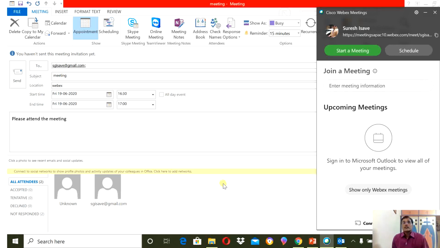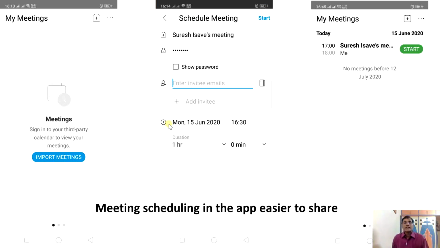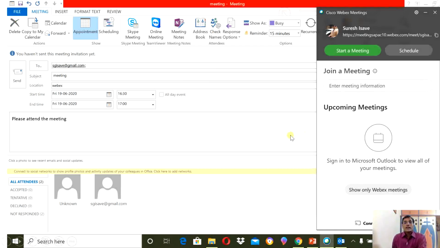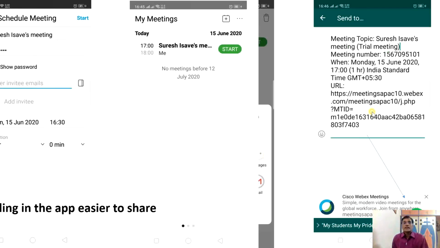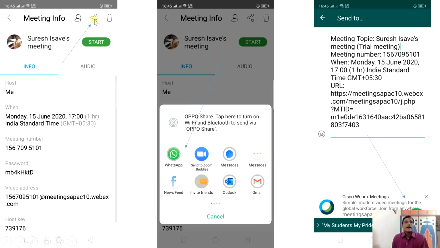So I would like to suggest, instead of making the meeting plan on the desktop, you go to the mobile application. It's easy because from here you directly send the invitation link to various participants. You don't need to have the email IDs. If you are using it on the desktop, you need to have the email IDs. If you are using a smartphone, you don't need to have the email ID. You simply fill the details. You can see the details over here, time, schedule, and all these things, and then you can simply create the meeting and click on the share button.